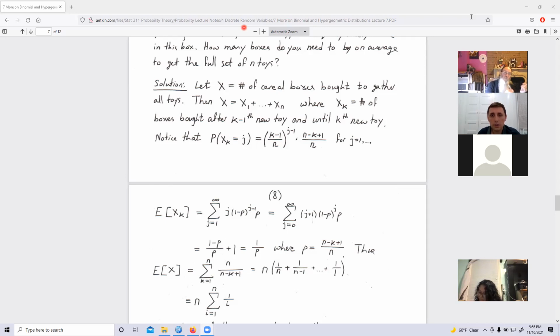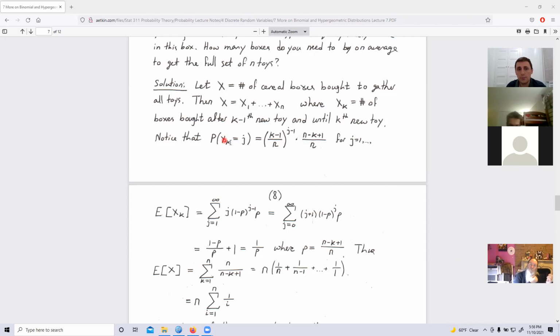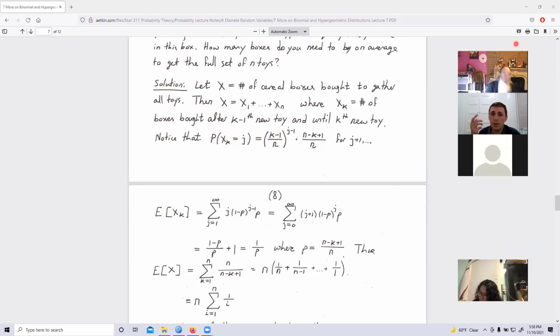Yeah. So here, what do we have? What's the probability that xk equals j? Xk equals j means I have k-1 old toys. Do you agree? K-1 toys are old, so the probability I pick an old toy is (k-1)/n each trial. And this means I have undergone